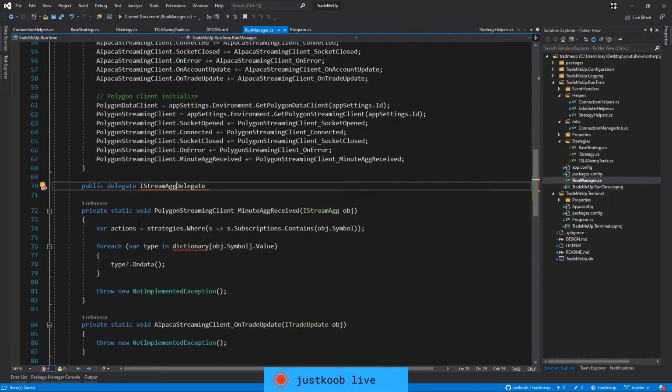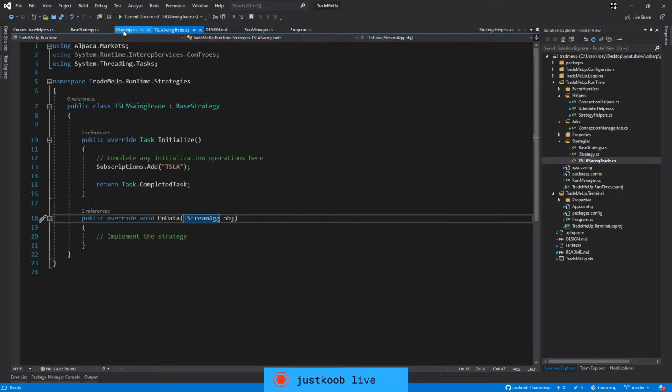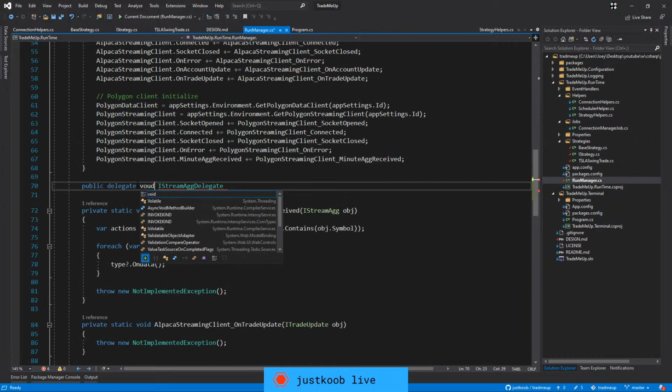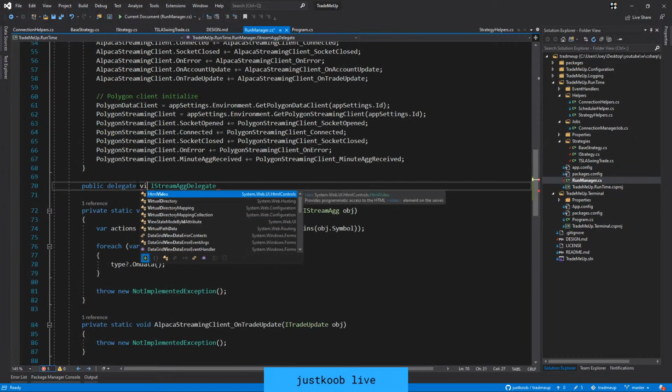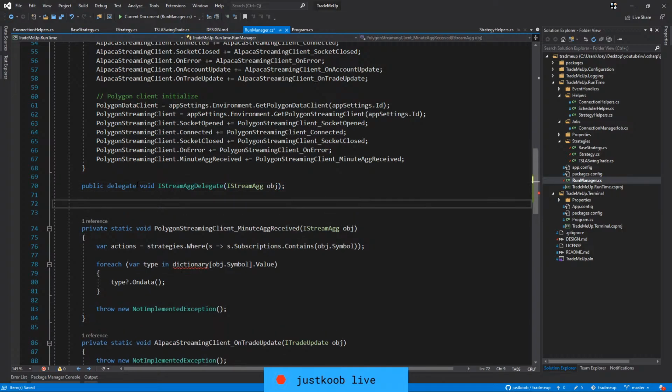So this one's returning void. But what is the onData? These should be void as well, right? Yeah. Okay. So we can do void here. Void IStreamAgg, right? So now we have a delegate, and then we want to implement